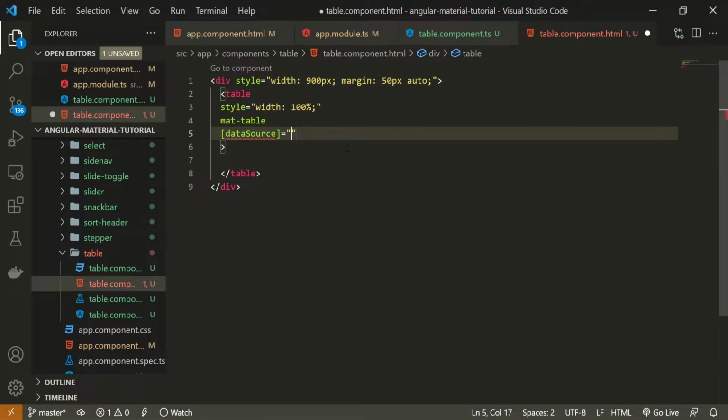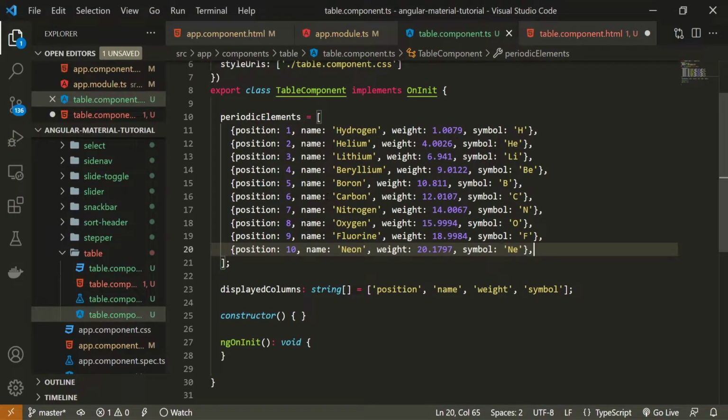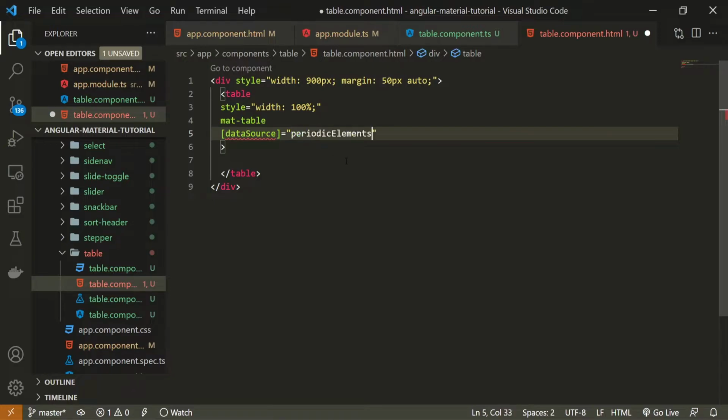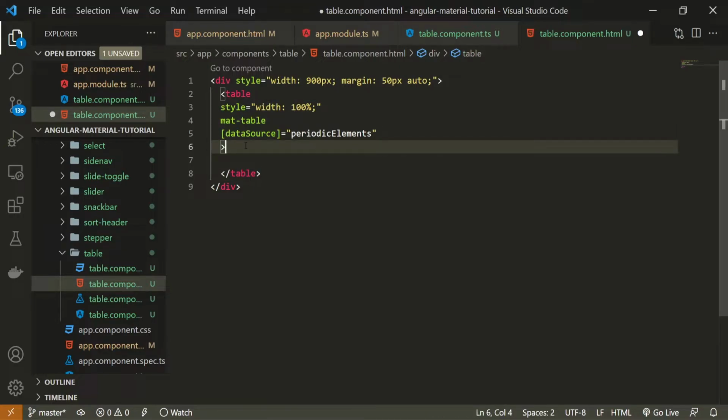And to this dataSource, we must pass something. For my example here, that something will be my periodic elements, because I wish to render the data from that array. So periodicElements will go here. For you, you can use your dummy data or real data if you are using some data from a real website, a real API. But now what is important is that in this table, we must specify each of the columns